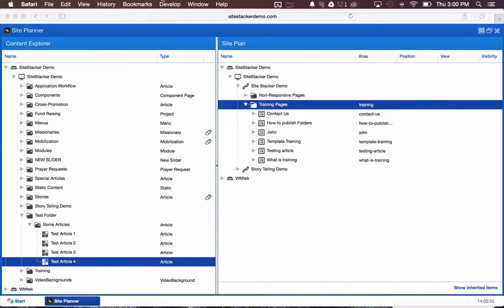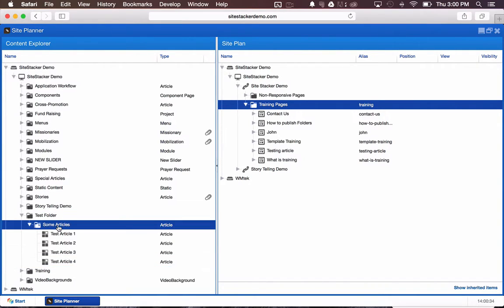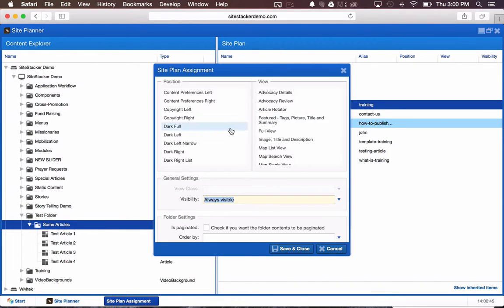After I've created a content type folder and added my content items, I'm able to publish that folder onto a page of my site. Just like when I publish a single content item, I'll drag my folder onto my page and choose the position and view I want to use. If I was publishing this folder within a wrapper, I would only need to select the view. The view I choose for my folder will be used for every content item within that folder in the context